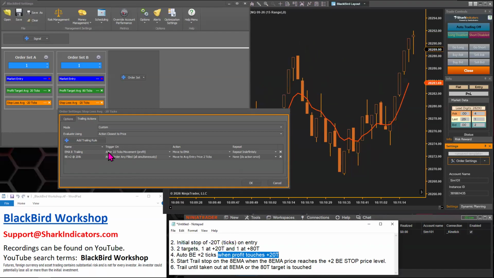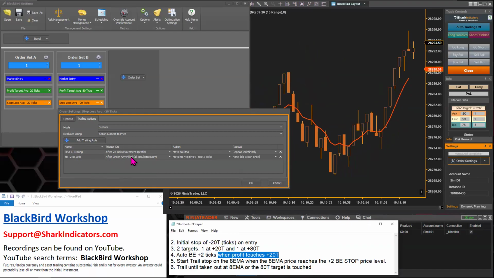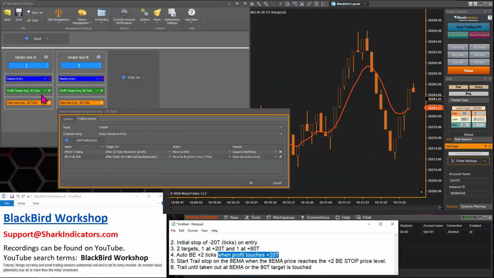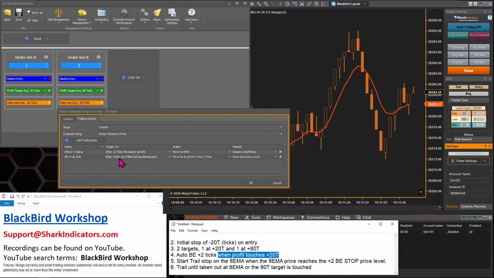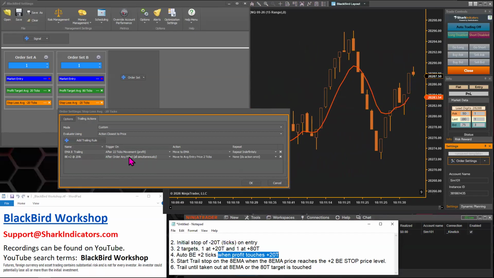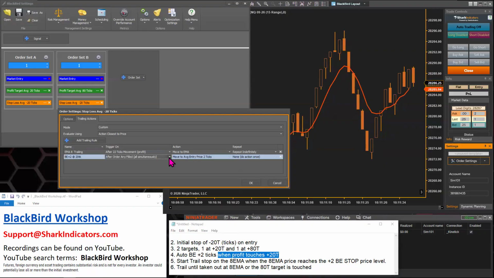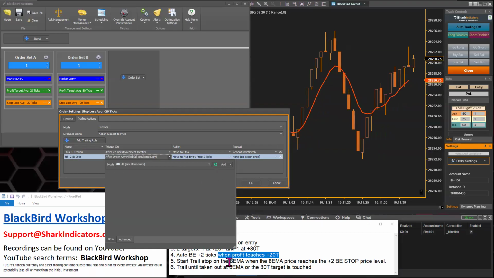So if you're saying only move to break even when it gets filled, that is a more conservative approach. You actually have to have a fill versus the market touching it. So your stop loss may not move to break even when that profit target doesn't get filled. So yeah, we'll put it back on the more liberal condition there, which was